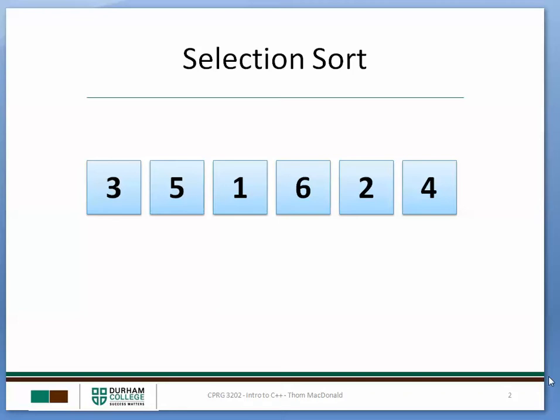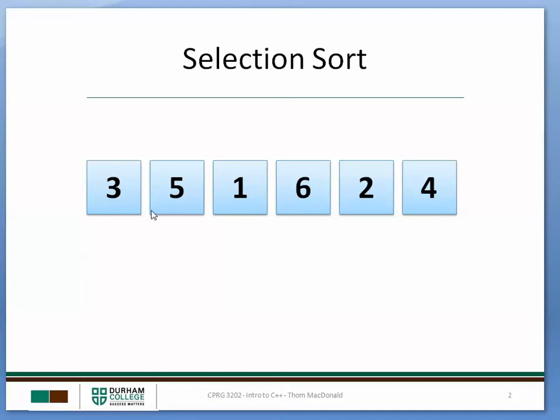So another algorithm for sorting an array is the selection sort. It's also relatively simple, and again, it's not the best sorting algorithm in the world, but it's simple enough that I can actually explain it to you. So let's go ahead and do that. We have our array that's not sorted right now, and the basic idea of the selection sort is to continuously look for